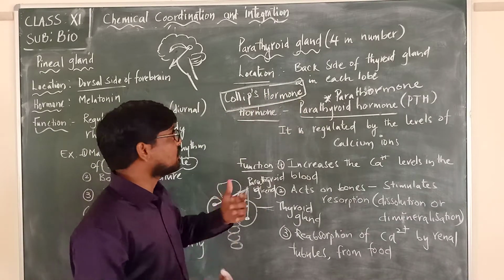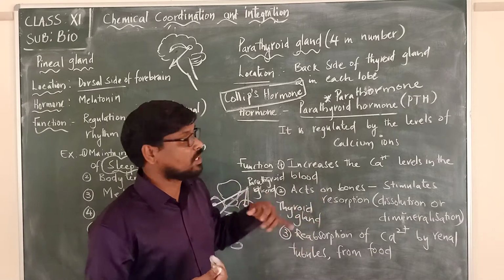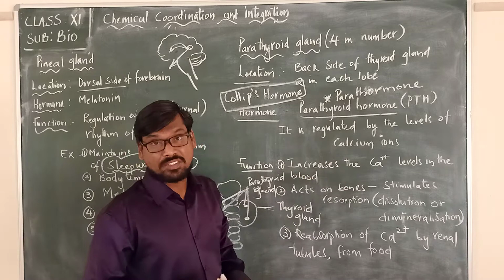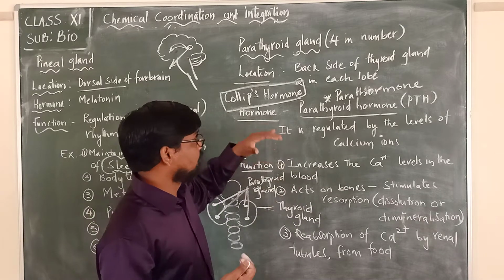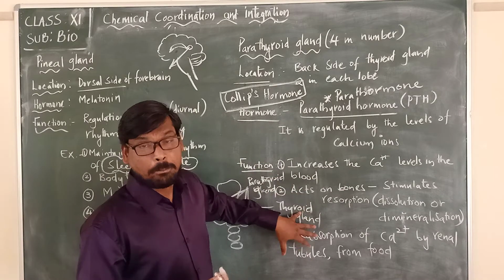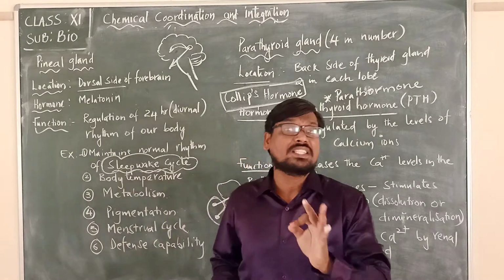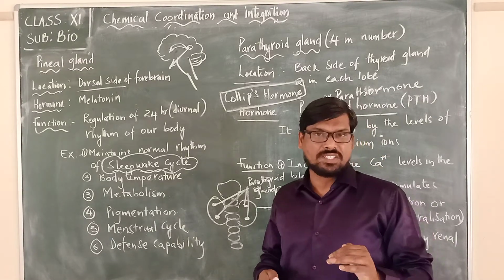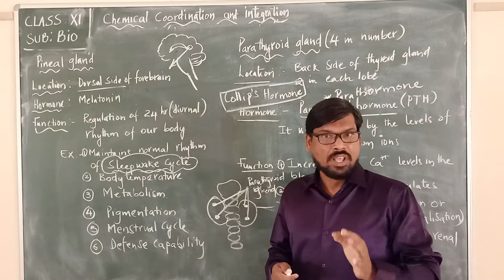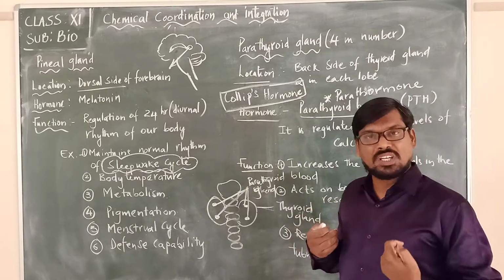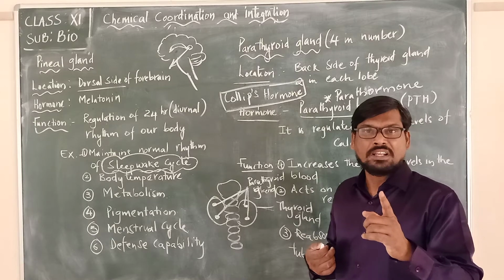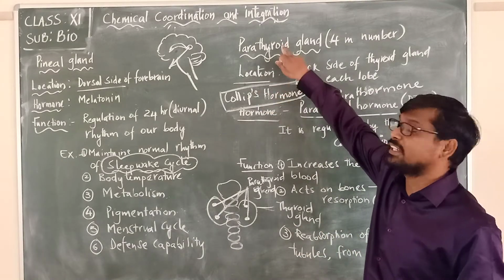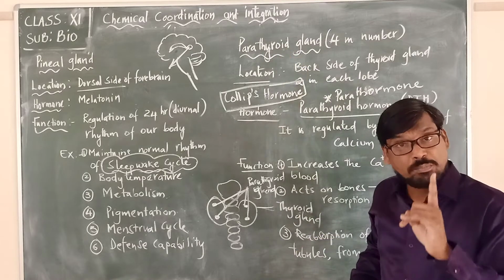And what is the function of this parathyroid hormone, Collip's hormone? It is regulated by the levels of calcium ions. Means what? We are looking at the functions now. But when this particular hormone is produced is the point. In which conditions, at which situations will this particular hormone be produced in our body? Please remember that this hormone, Collip's hormone, produced by the parathyroid gland, will be produced